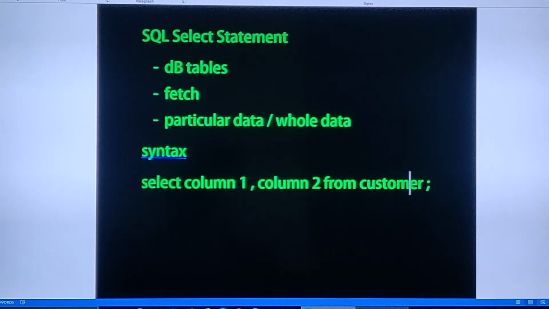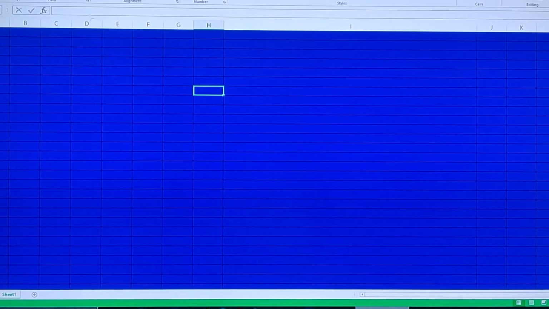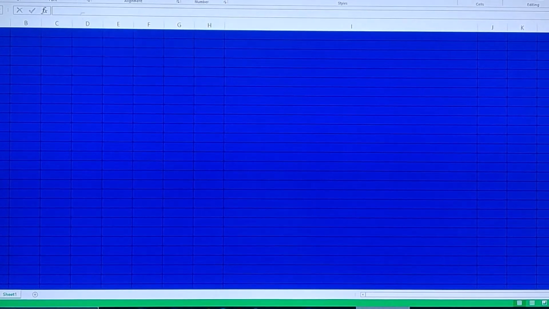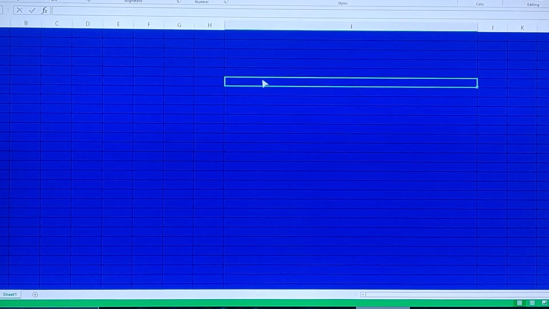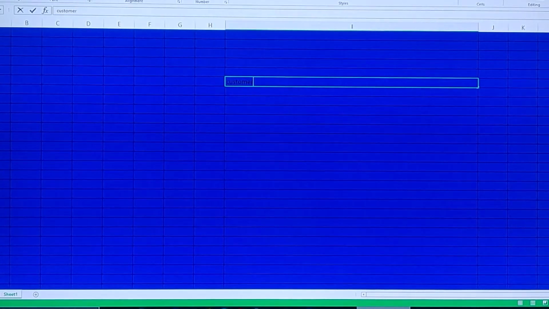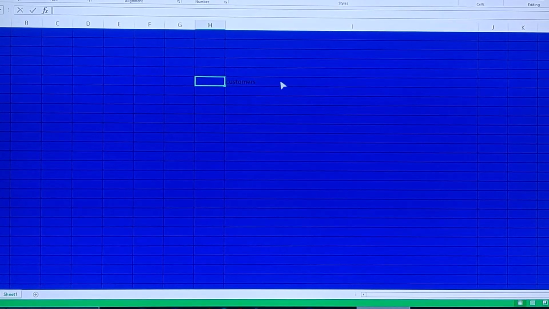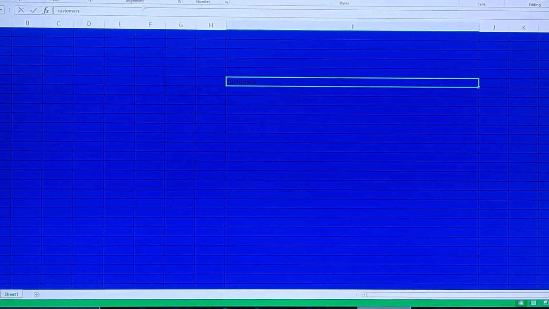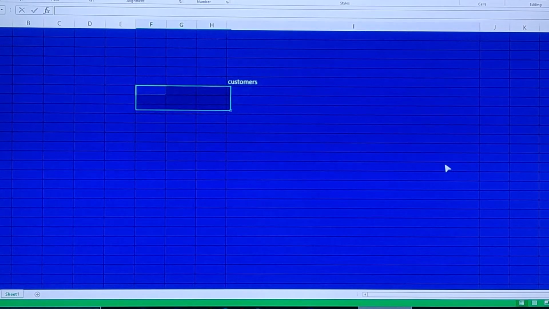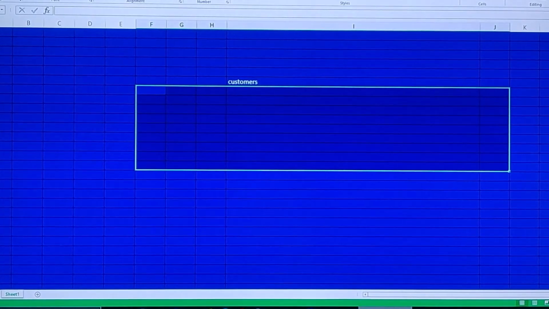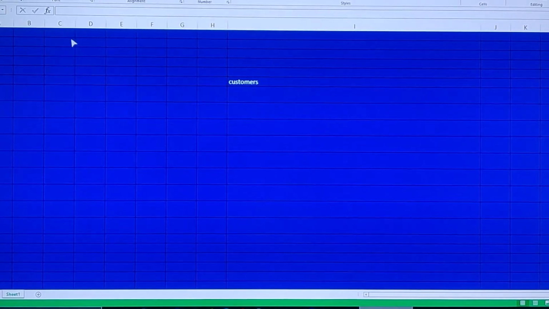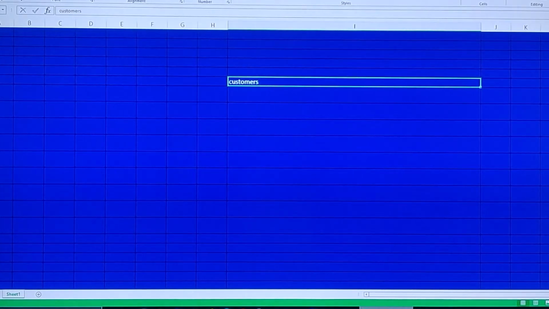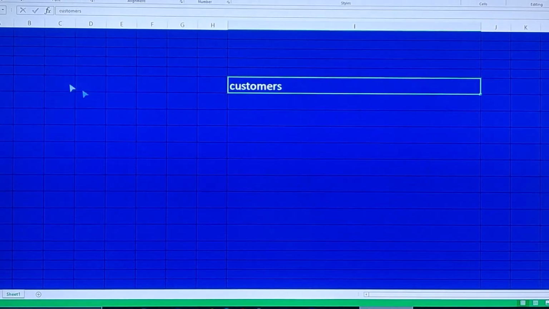So for example, consider we are having a customer table like this. The customers table will be like the below example.